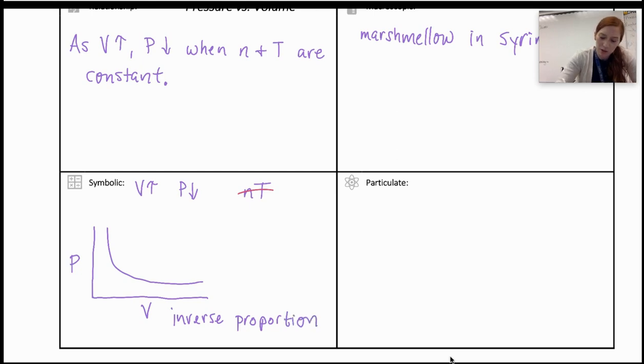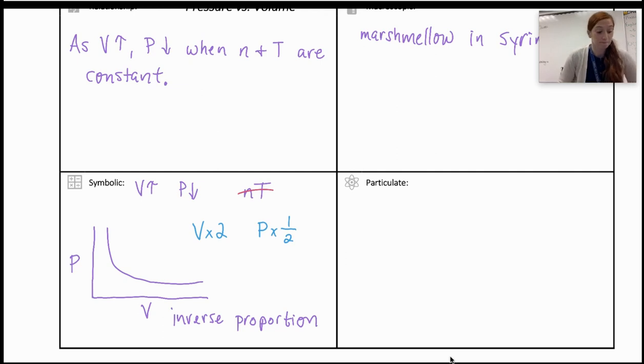And then we can maybe show a little example here. Let me change colors. So let's say the volume is going to increase by a factor of 2. Because it's an inverse proportion, that would be like taking the inverse of 2, which is 1/2, and that would be the factor at which the pressure would decrease. Okay, we'll look at this a little bit more as far as the symbolic when we do the VNTP tables